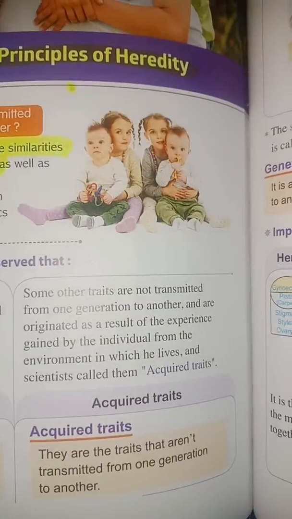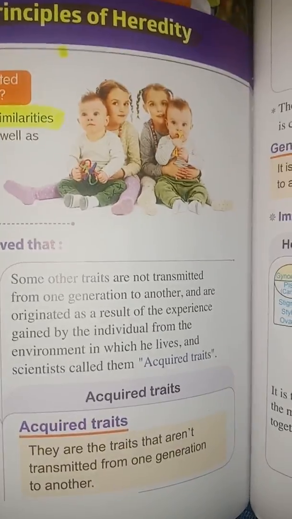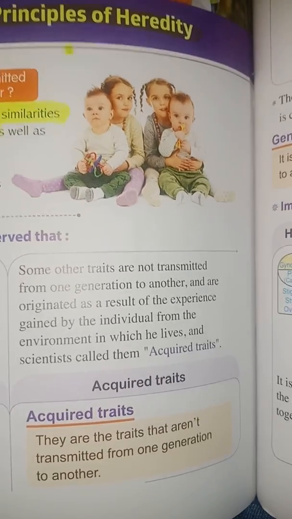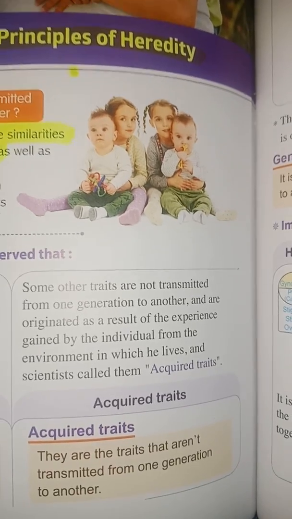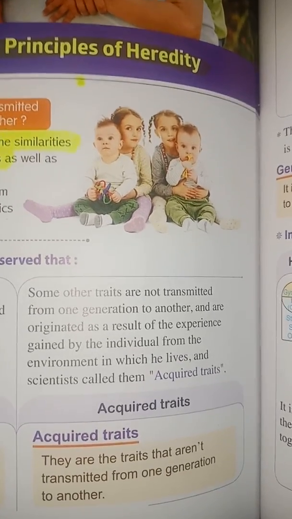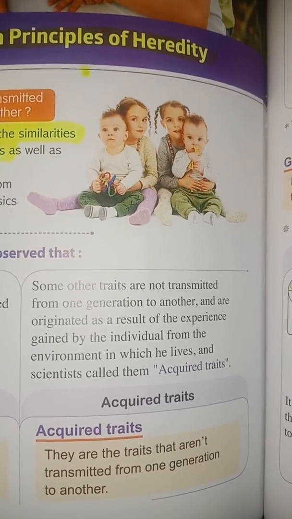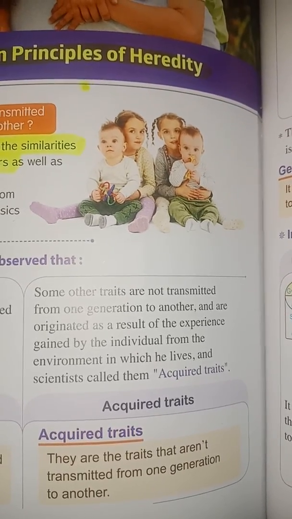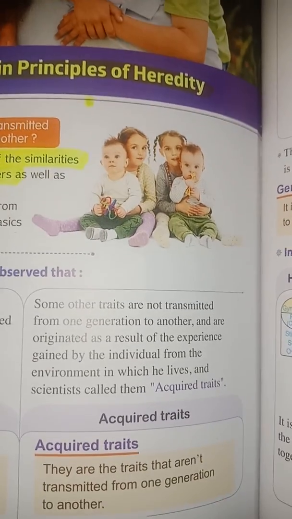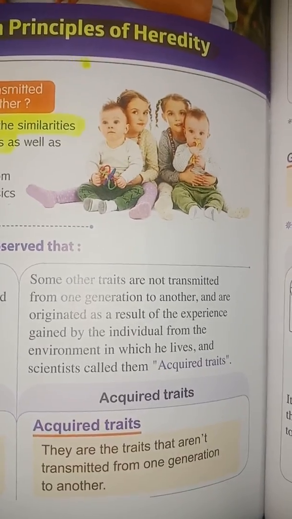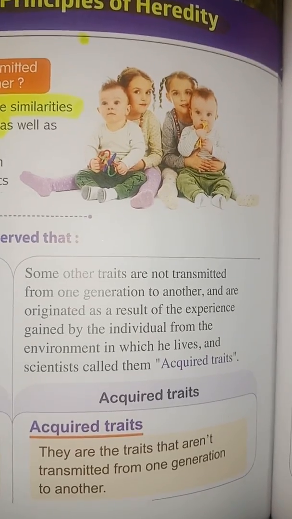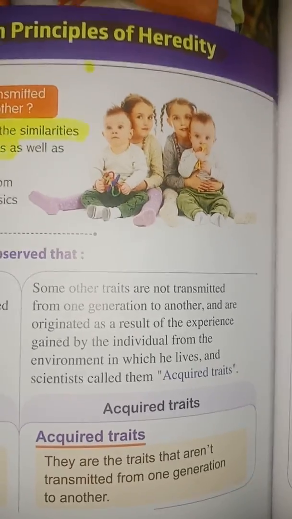But some other traits، في بعض الصفات الأخرى that are not transmitted from one generation to another، لا تنتقل من جيل إلى آخر، but they originate as a result of، بتنتج نتيجة the experience gained by the individual، الخبرة التي يكتسبها الفرد from the environment in which he lives، من البيئة التي يعيش فيها الفرد. And they are called acquired traits، الصفات المكتسبة. Acquired traits are traits that are not transmitted from one generation to another، هي الصفات التي لا تنتقل من